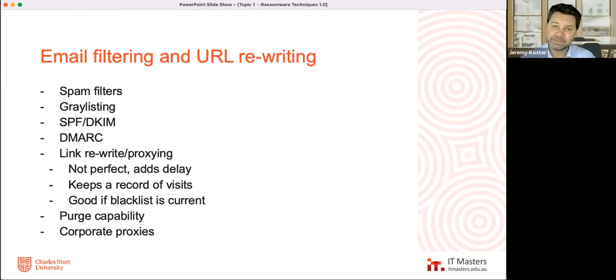Before it lands in someone's inbox, they take the URL, they rewrite it so it goes through a proxy first. So in the case of the Microsoft ATP, it'll come through the proxy first, and it will be inspected. The actual location will be inspected, and if it's clean, then it goes. If they decide that it's not so clean, it gets blocked.